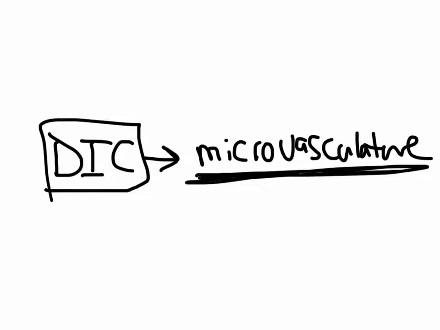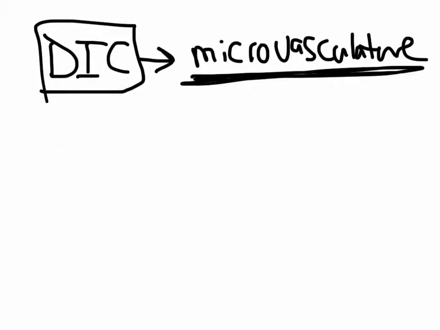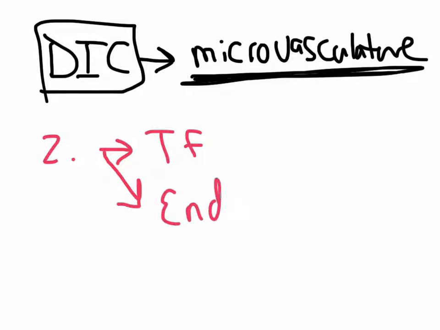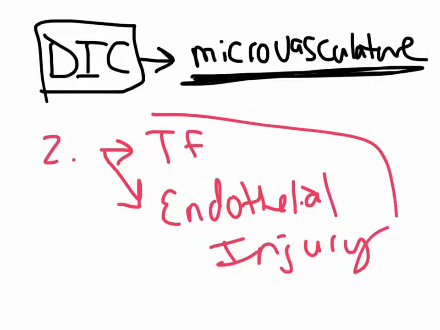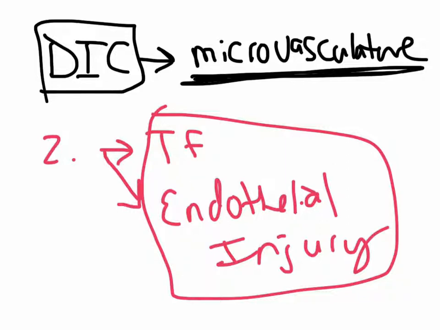And I should say also specifically for DIC, Robbins actually says that it's primarily two factors. The first one being tissue factor release, and the second one being endothelial injury. So you wouldn't really expect a DIC from, say, bed rest, for example. And this will probably give you 90%. I really don't know. It'll probably give you 90% though, but I can, off the top of my head, think